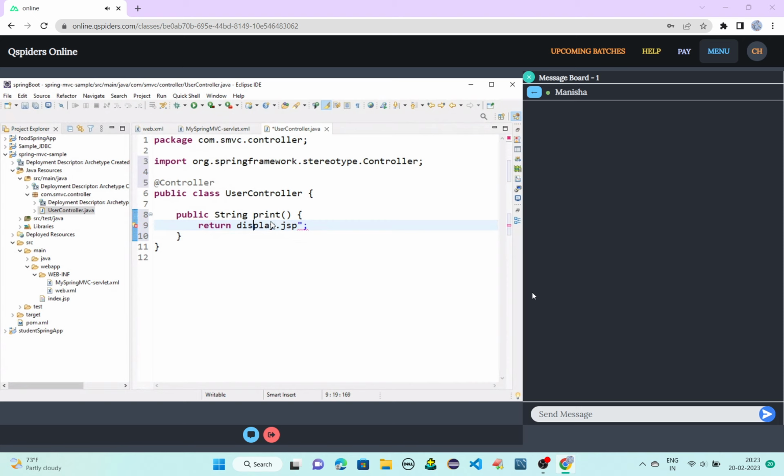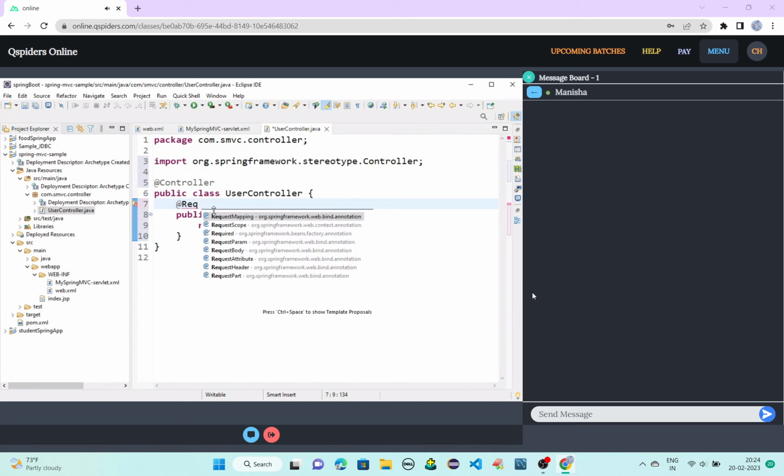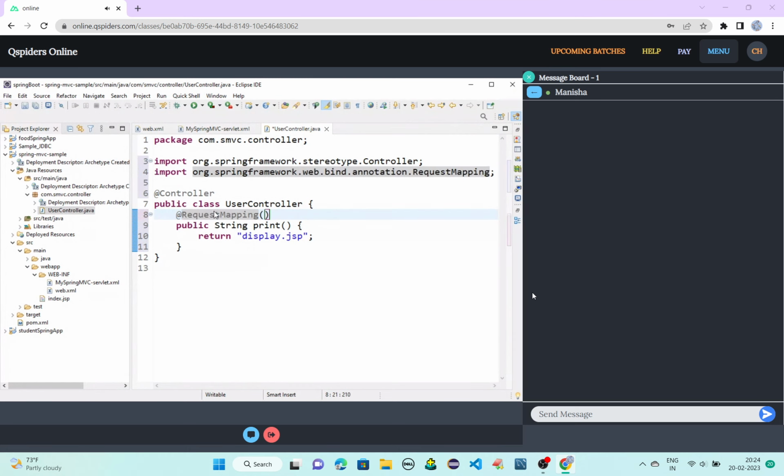I'll return the display.jsp page whenever the client hits the URL called /message or any other URL, whichever you feel like mentioning. So here I'll just give request mapping, and when the client requests for the URL, that is /msg, then this particular JSP file should be returned.